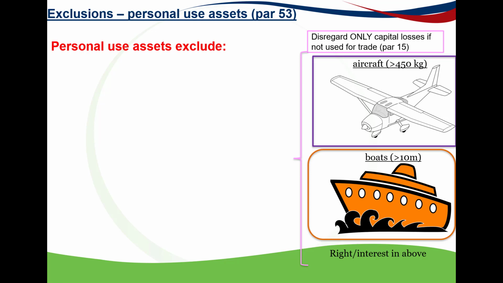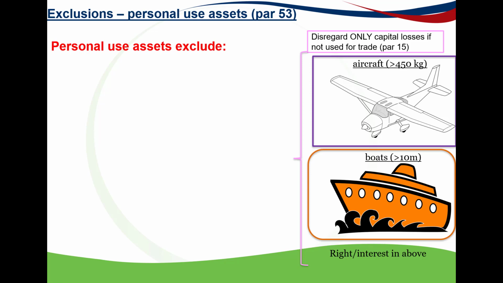disregarded. So when you have a scenario of a person who has their aircraft being disposed, if they make a gain, that gain will be included in their taxable capital gain calculation. But if they make a loss, that loss should be disregarded. The aircraft in this case is an aircraft with a mass exceeding 450 kilograms. The capital losses will be disregarded to the extent the asset is not used for trade if the asset is